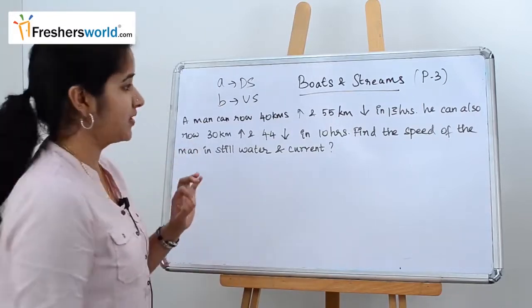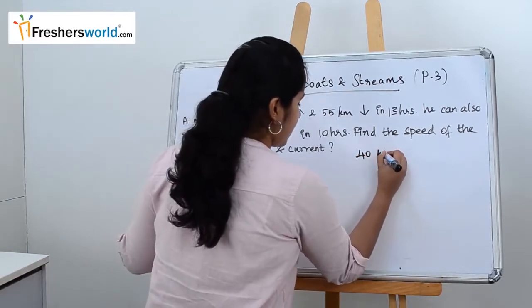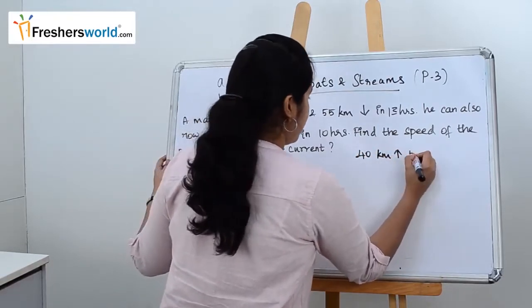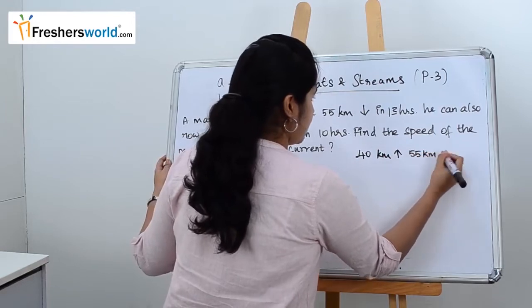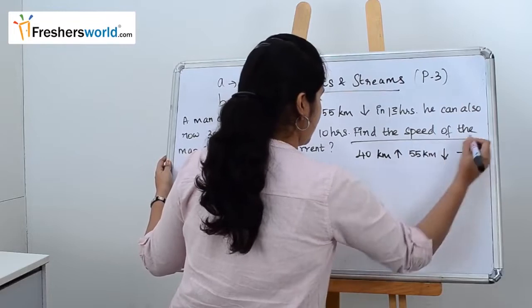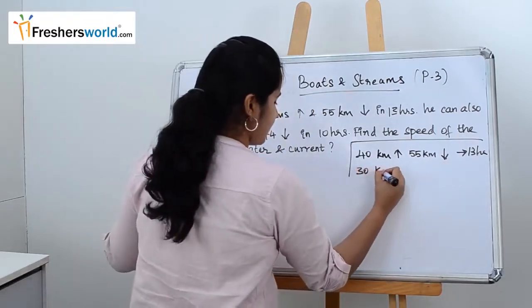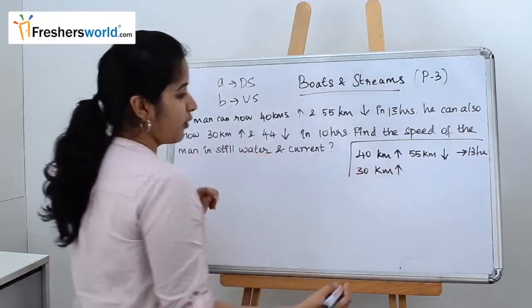So what they have given in the question. A man can row 40 kilometers upstream and 55 kilometers downstream in 13 hours. So this is one equation. Next, they have given 30 kilometers upstream and 44 kilometers